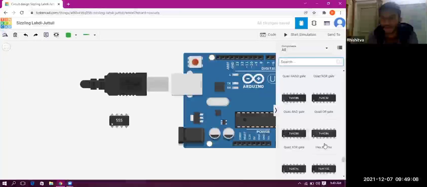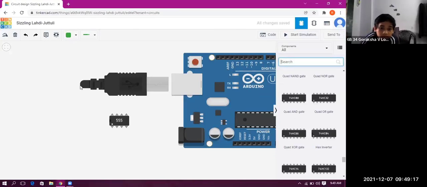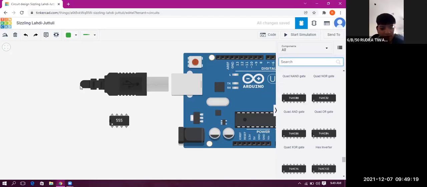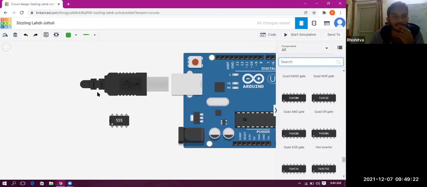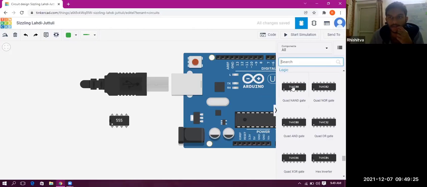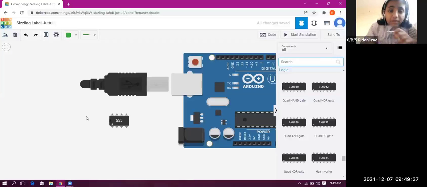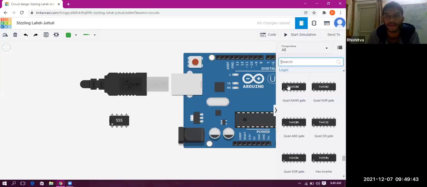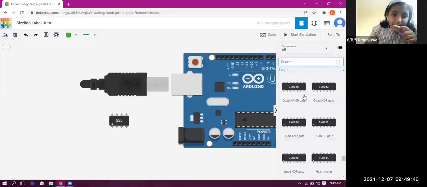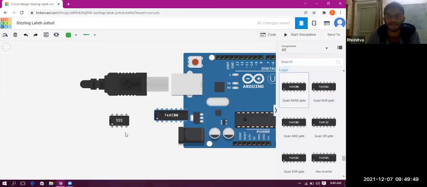So this is a logic IC over here. Let me unmute Riddhi. Yes, Riddhi. Sir, it's called a Johnson counter. Okay, I was just asking for the number, like 74HC. Yes, Riddhi, you are audible. Sir, what is the number? I can't see it over here, so please repeat your number and I will drag it from here. 74HC00. Okay, 00. So this is a quad NAND gate.